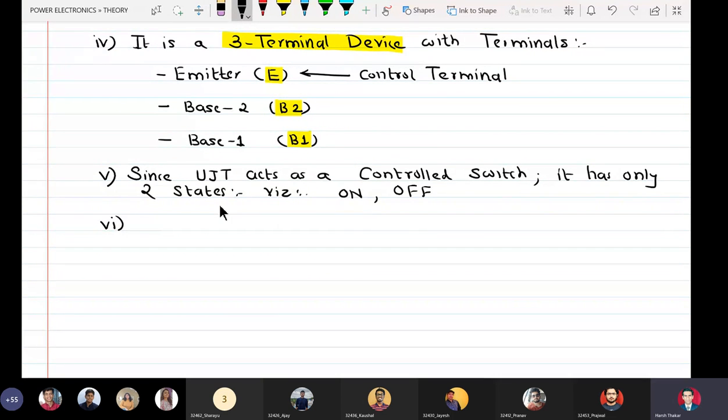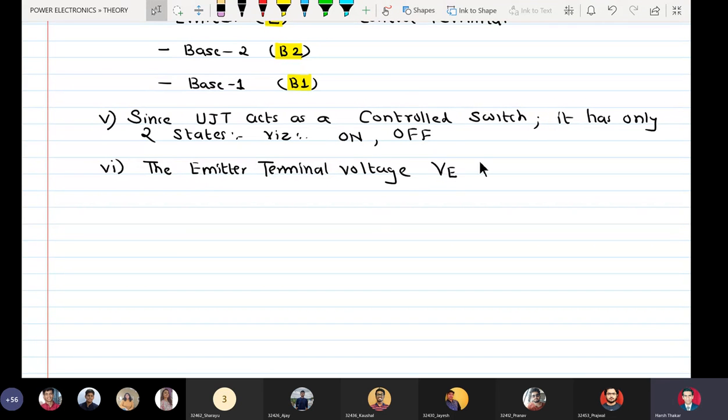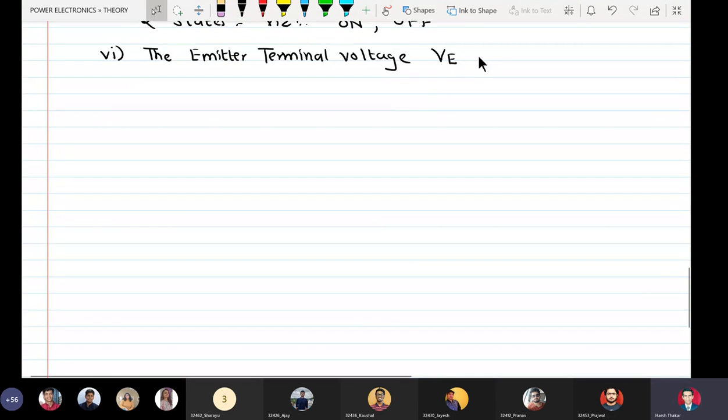So what is the basis on which it is decided that UJT will act as a closed switch or an open switch? It's here. The emitter terminal voltage VE decides the status of UJT